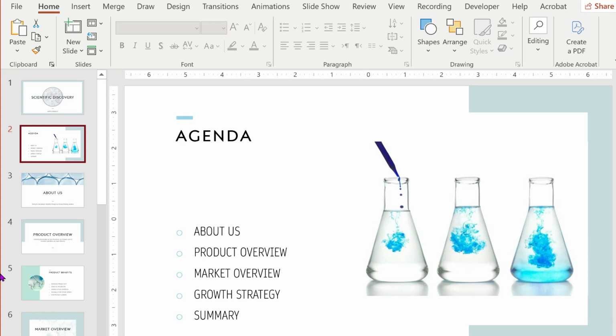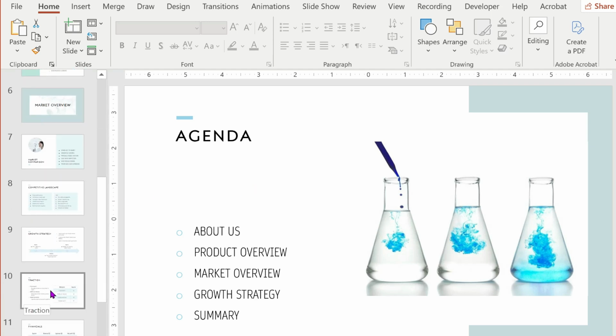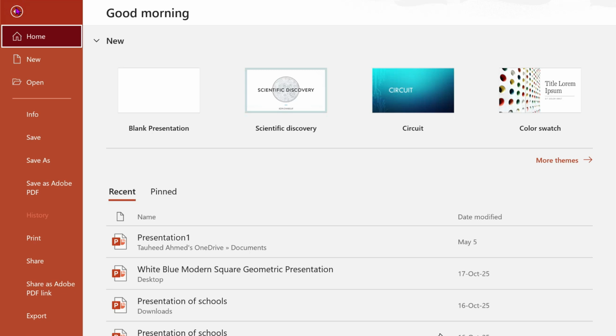Welcome back. In this video, I will guide you how to save PowerPoint slide to JPG. So first you need to select the slide which you want to save as a JPG. For example, I'm selecting slide number 10 and then head to the File on the top ribbon and click